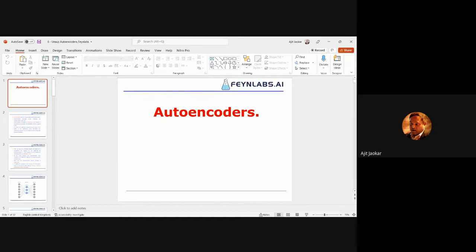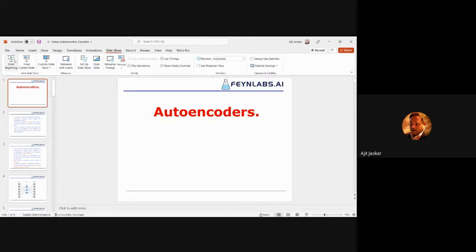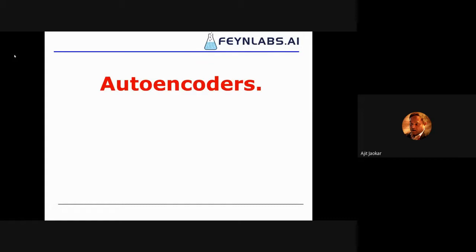Okay, good. This subject is the last of the unsupervised learning for deep learning. The reason why that matters so much is that it's a hot topic at the moment, with so much work going on around unsupervised algorithms for deep learning. But initially, it wasn't such a big deal. Autoencoders was something which started, and people didn't quite know what to make of it. So let's start off with autoencoders.